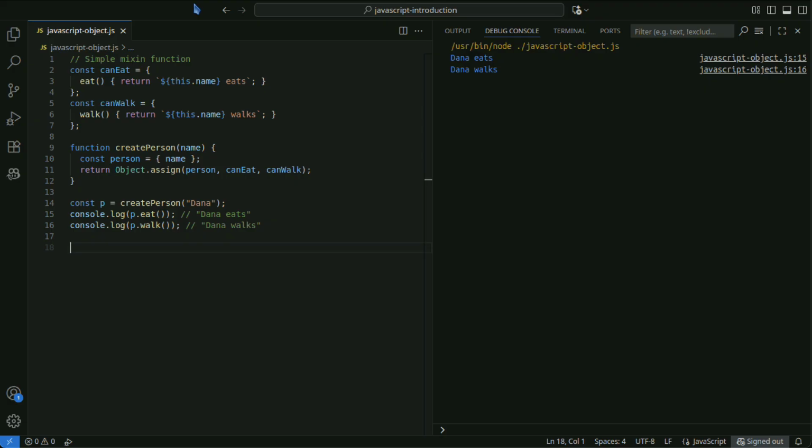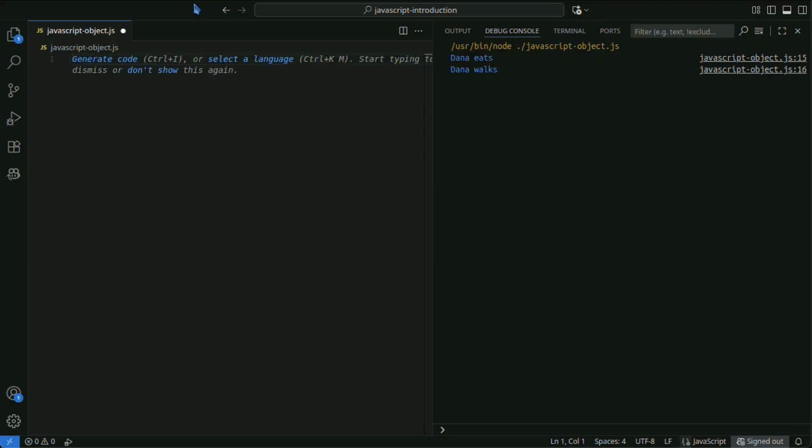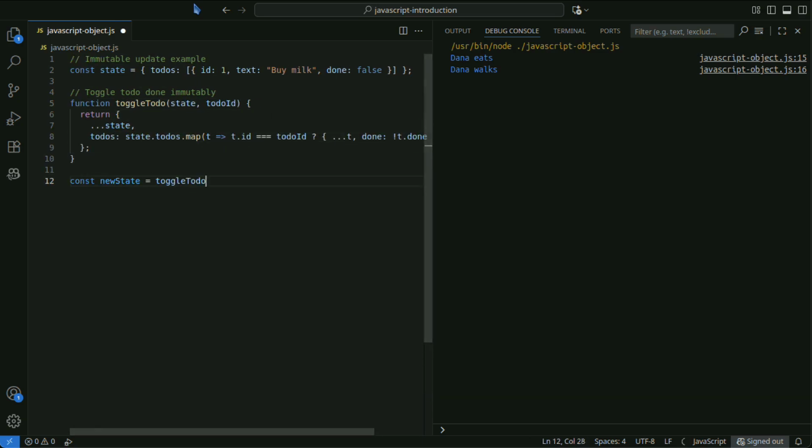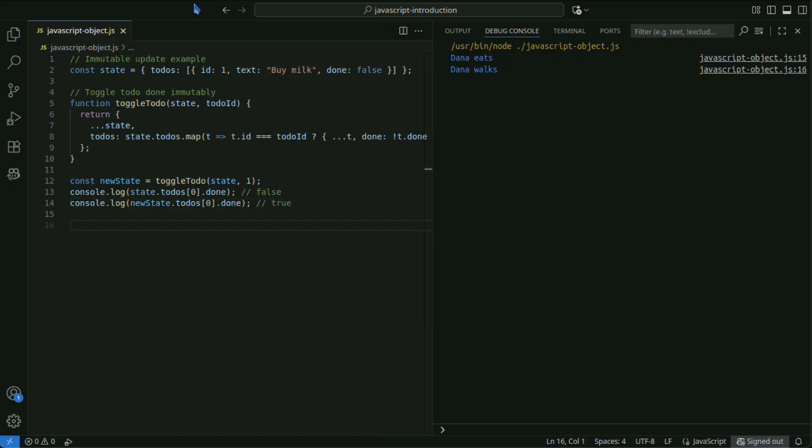Patterns that return a new object without directly modifying the state are commonly used in React and similar libraries. This code is an example of creating a new state object without directly modifying the original state object.